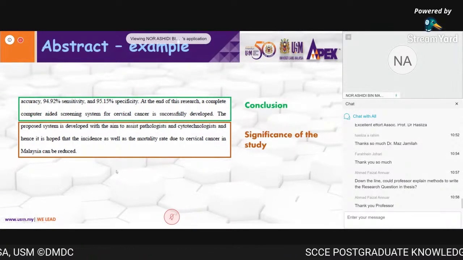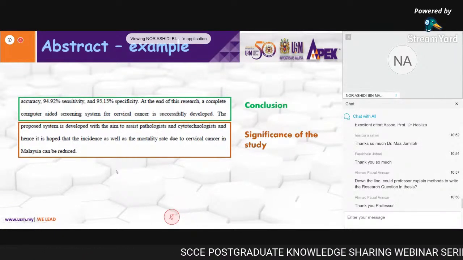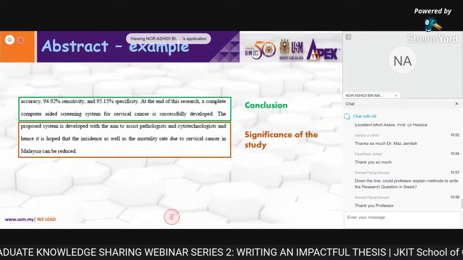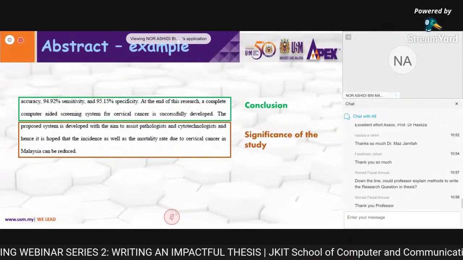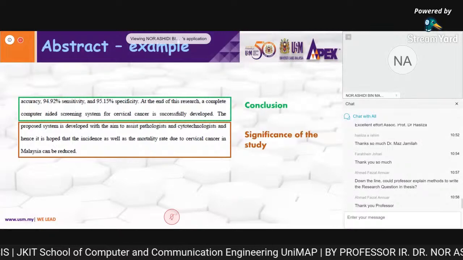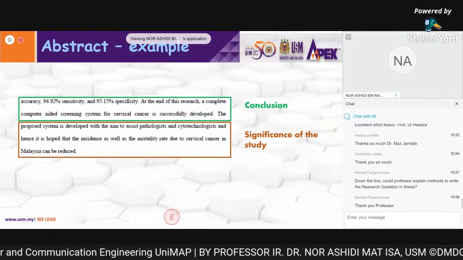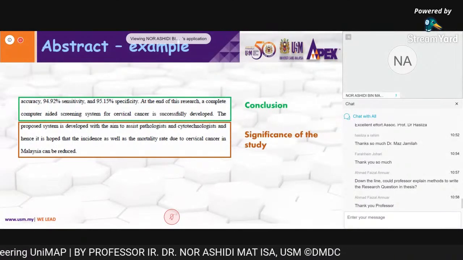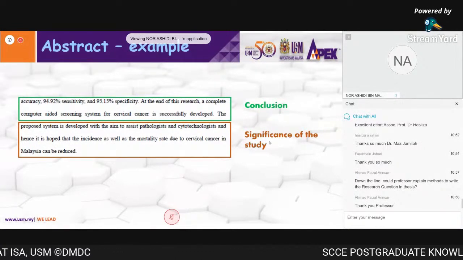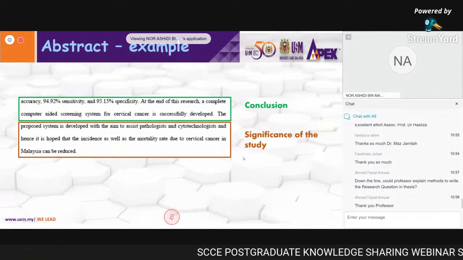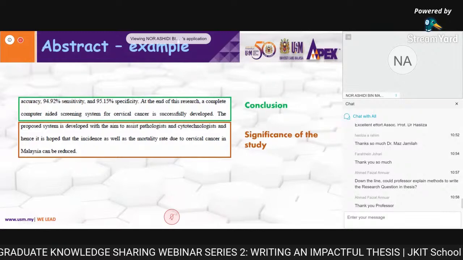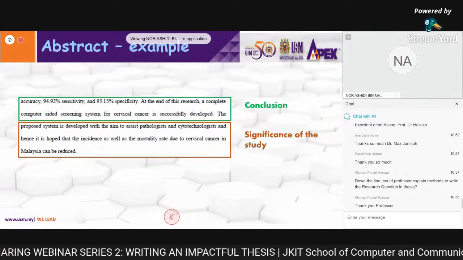Okay, so this is to give you the general idea. You start with the introduction, then you state the problems of the real world and also the standard methods. Then we move to the objective. Then we move to the main idea of the methodology and discussion, and we conclude with the conclusion, and lastly the significance of your study. So to show that your research work has a value to the outside world. Okay.